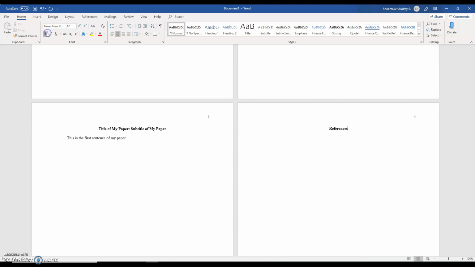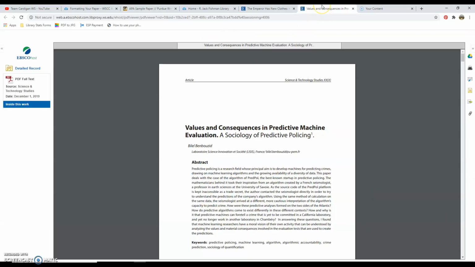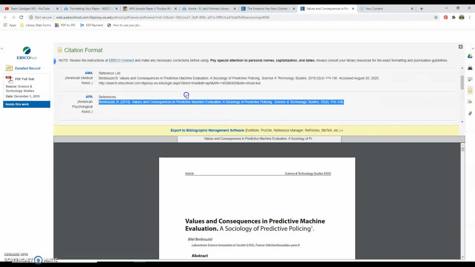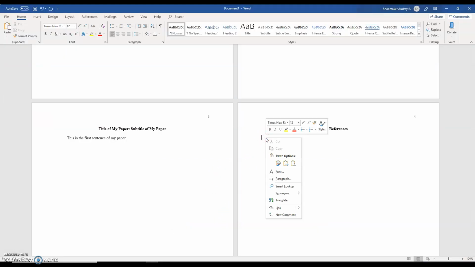Unbold, enter, left align. Now, for this example, I've pulled up a couple of academic papers that I want to cite in my paper. So I'm in the databases right now. You can find other videos on how to do that. I'm going to click Cite and get my APA style citation. Highlight, copy, I Control-C, and I'm going to right-click, and when you're transferring a citation from the database into your